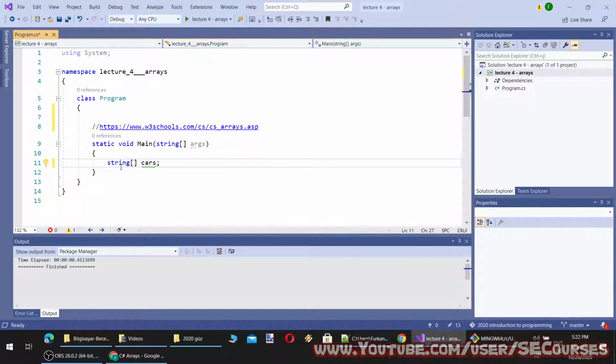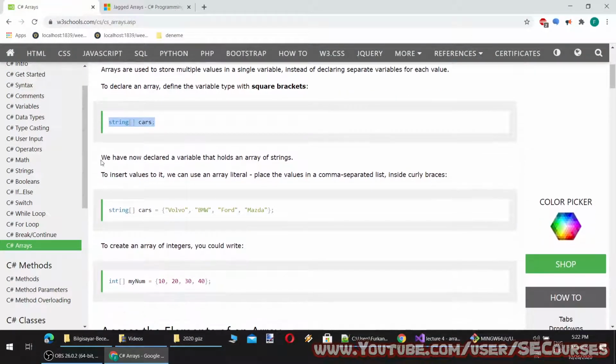It is one dimensional. If you hover your mouse over cars, it says local variable string array cars. How do I understand it is an array? From here, you see, these square brackets mean that it is a single dimensional array.